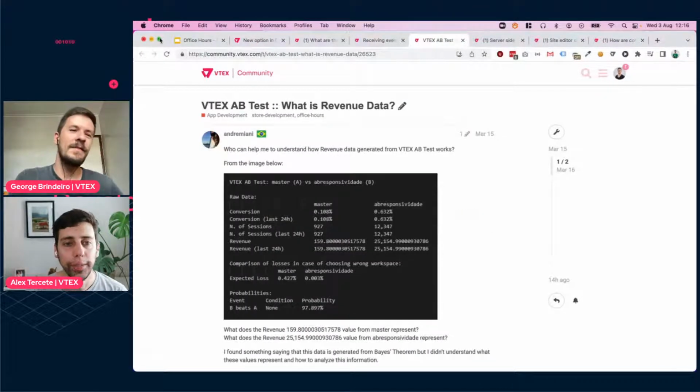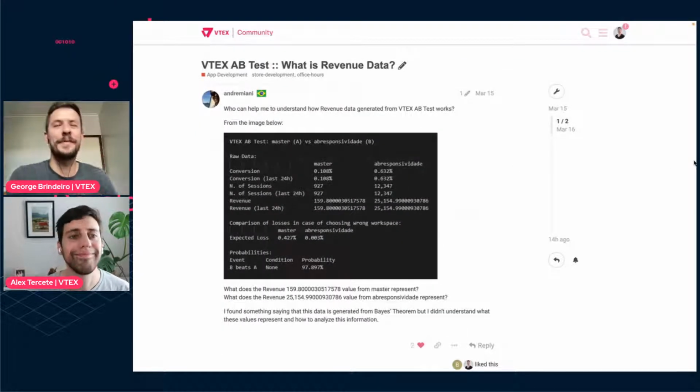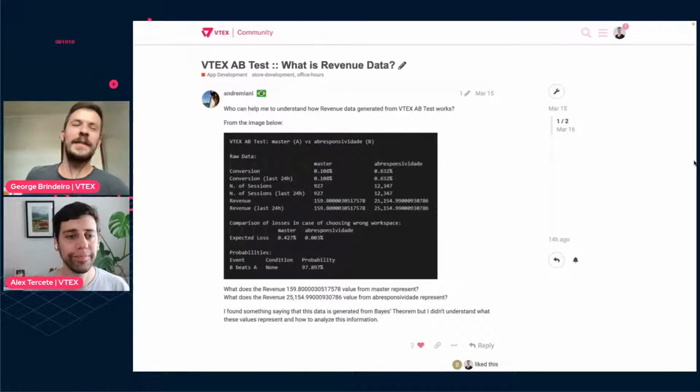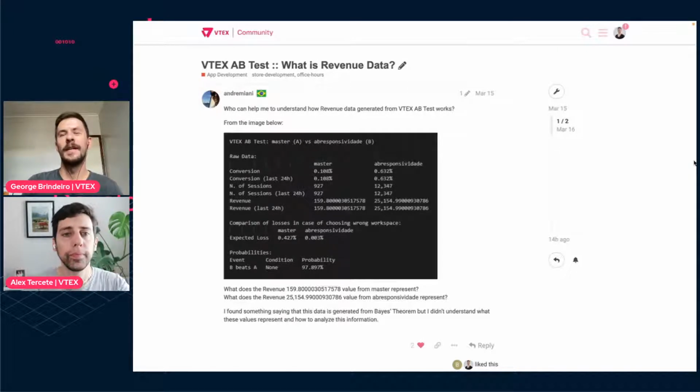And this was also by VTEX Community MVP, André Miani. He's always with us, asking great questions. And we took a while to answer his question, but hopefully it'll still be useful. So there's one thing that you can do in VTEX IO that's A/B testing. It's super useful. It's a way for you to route actual production traffic between two very different production workspaces,